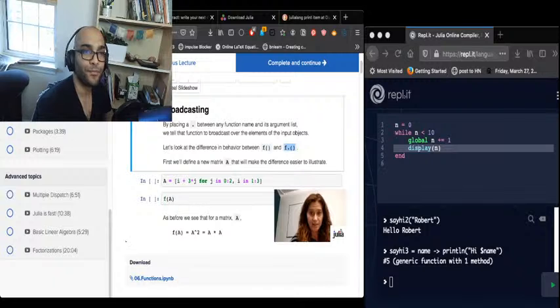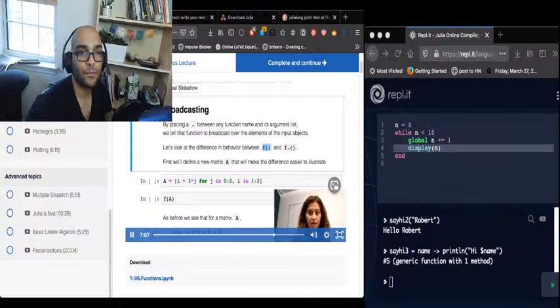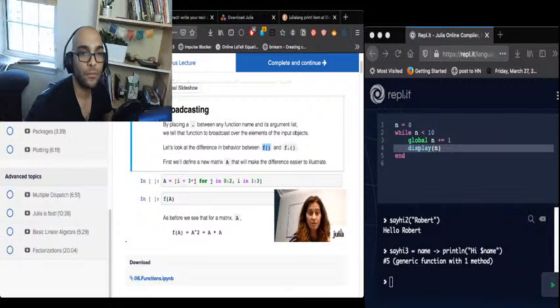The difference between these two is that this regular function f, which is not broadcasting, if you pass it an array, is going to treat that array like a single object and call f on that object as one piece. Whereas in the case of broadcasting,